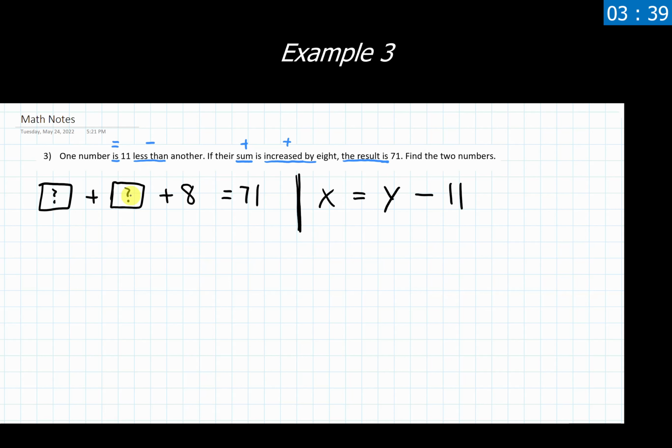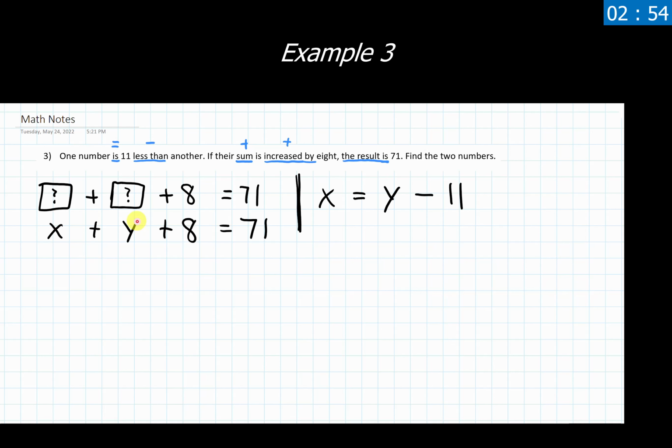So, now that we're working with this, we have some information about these two numbers. We could start specifying this a little bit more directly and say, okay, well, I have my first number, x, plus my second number, y, plus 8 is equal to 71. This is a little bit more specific than what we had previously, which is good. However, I have one equation and two unknowns. It is impossible for me, you, or anyone to solve one equation with two unknowns, two variables in it, and get a single number answer.